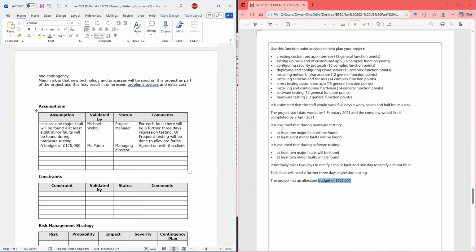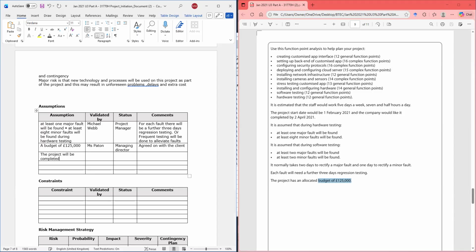The other one is we're going to look at this, we can calculate the months here. So between February 1st to April 2nd, 8 weeks or 9 weeks. We're going to assume that the project is going to take 9 weeks. The project will be completed in 9 weeks. All right.